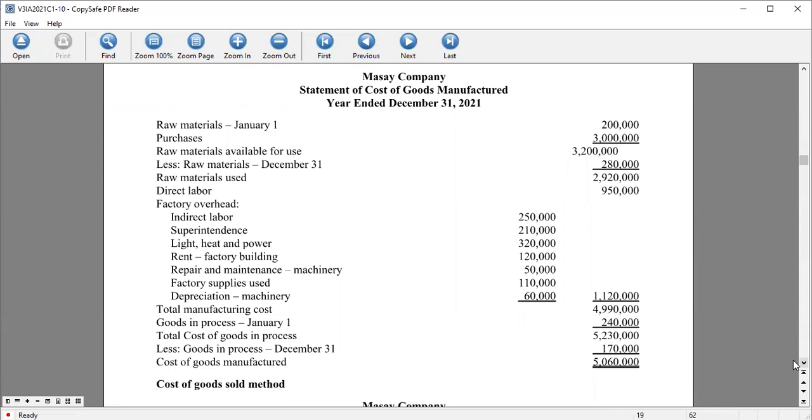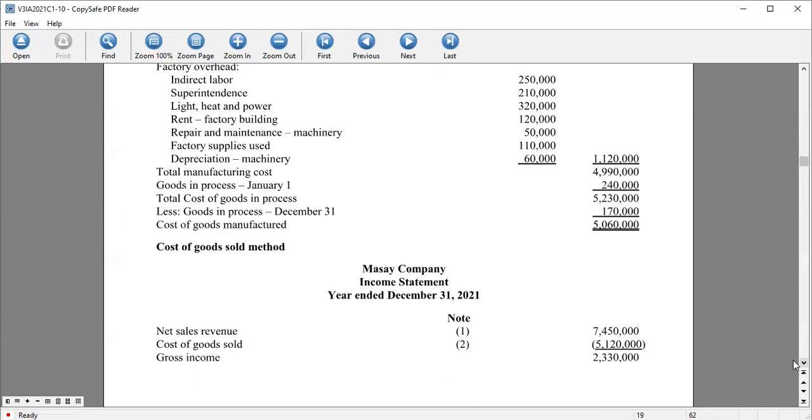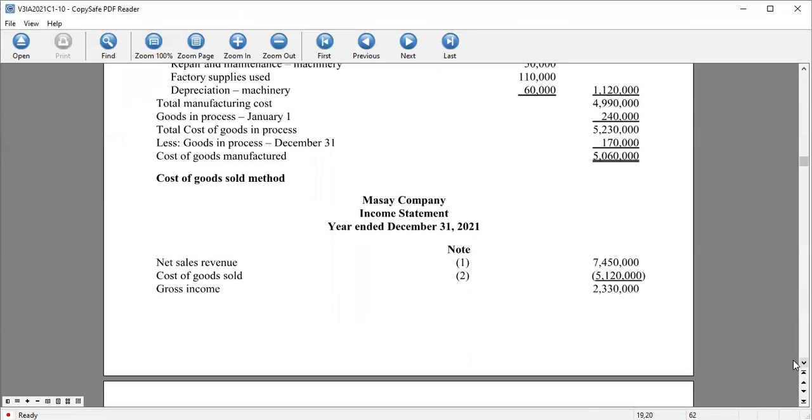Now to the total manufacturing cost, we add your goods in process on January 1 and deduct the goods in process on December 31, we have the cost of goods manufactured. Now that gives us your cost of goods manufactured using the cost of goods sold method. Now, second, we have the income statement using the cost of goods sold method. But above, we only have the answer to requirement number 1, the cost of goods manufactured. Now, we prepare the income statement in the second requirement by using the cost of goods sold method with supporting